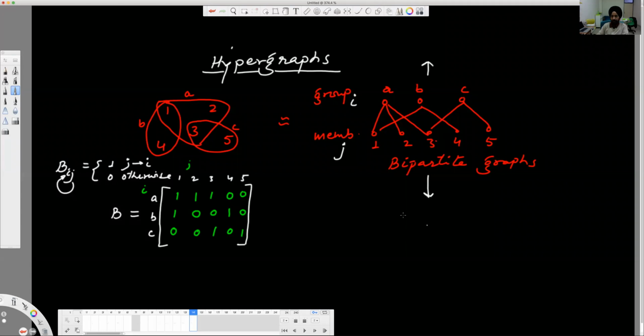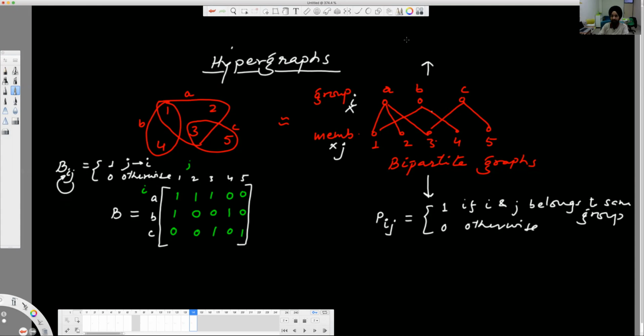So for the members, the rule is the following. This is called the projection matrix, Pij. This value is 1. Now i and j are the nodes of this layer. Don't look at the upper part now. We are not talking about the projection of the upper layer. We are only talking about the lower layer now. It is 1 if i and j belong to the same group, zero otherwise.